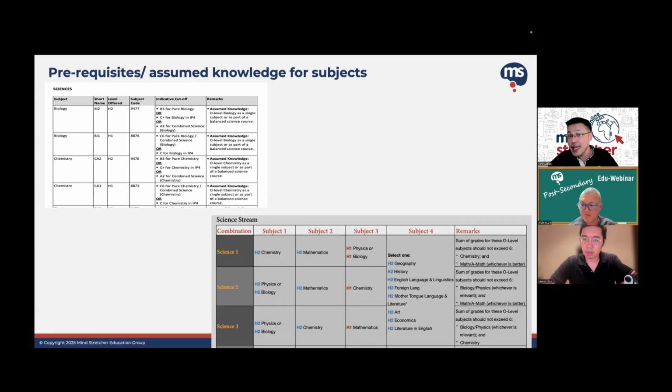And in fact, this is the part that will be helpful if you are in that category. When you go for open houses, that's one thing that you should check with the school. That means in that particular school, how does it work, right? Let's say you go in and maybe you did combined science, and you feel like, okay, I want to do this H2 camp. How will I be disadvantaged? Is there anything that I need to brush up on? And is there anything in school that can help to support me? These will be the things that will be helpful to check, because there are some variances across schools for these.